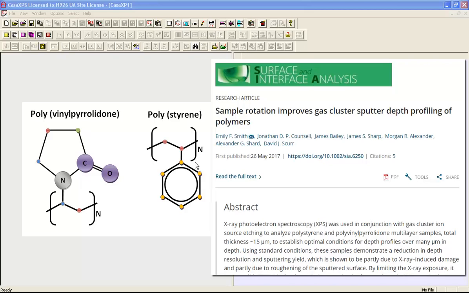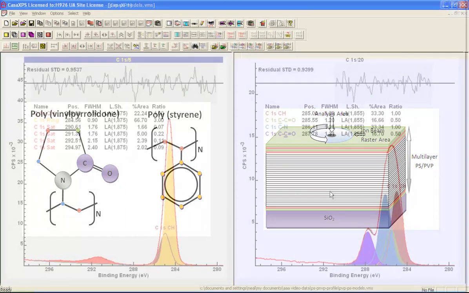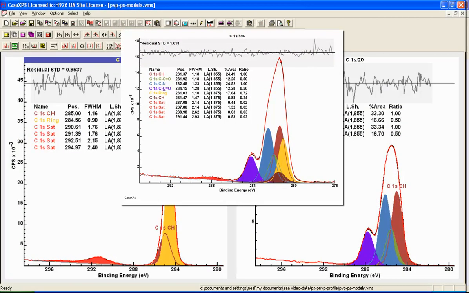In this video, we're going to look at a dataset that has a collection of spectra measured from PVP and PS, two polymers that are quite distinct and have very characteristic spectra. The experiment contains many such examples of these data, and by virtue of the fact that these data are collected as part of a depth profile, these polymers appear in different proportions depending on which part of the profile we look at. So this represents an ideal test ground for peak fitting and other techniques for separating information within